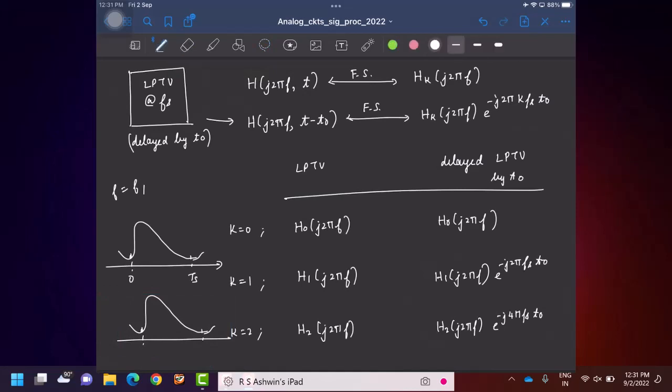Now let us say you find the fundamental frequency component for this, that is h1 of j 2 pi f, right? The strength of the sinusoid at fs in this signal is the first harmonic transfer function. So let us say it is something like this. Okay, so here the same sinusoid will be delayed, right? And if you have twice the frequency, the delay will be this. The delay is the same, so the phase will be